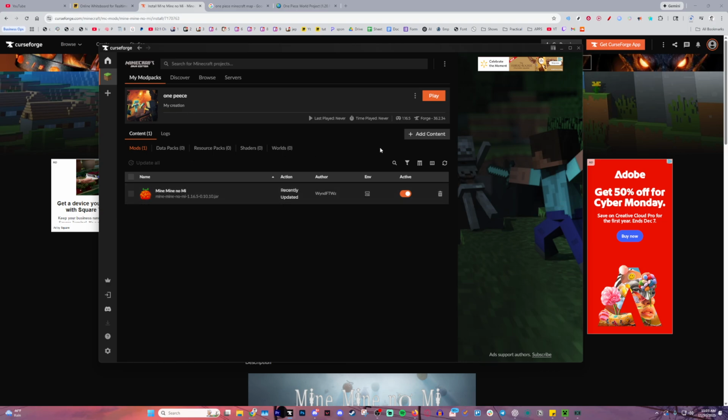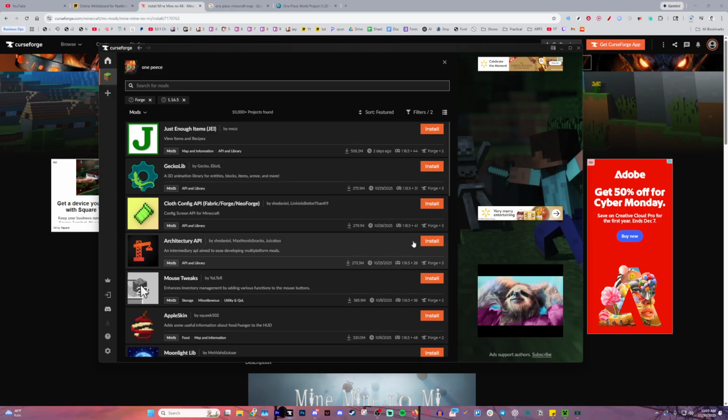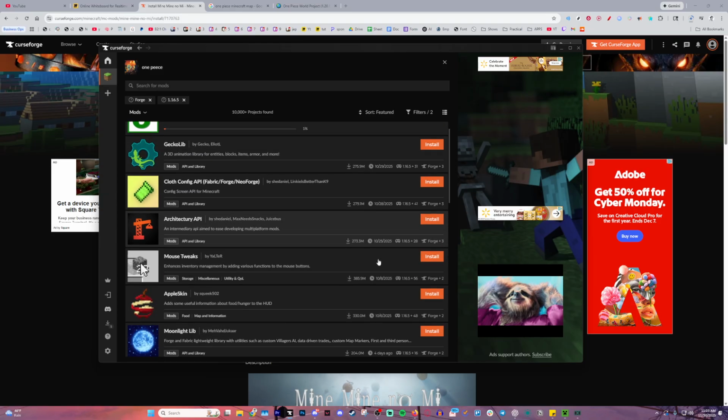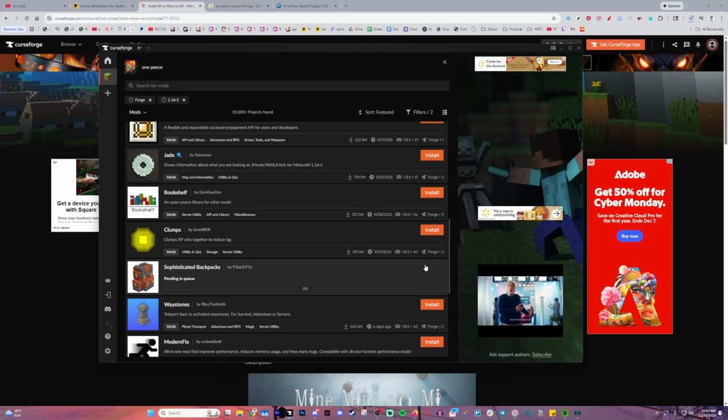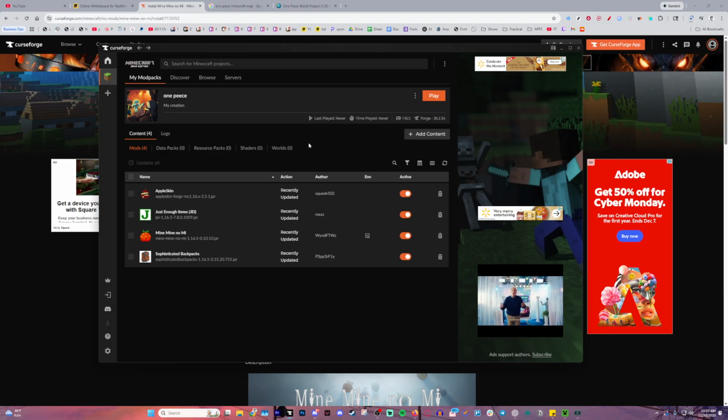And if you want to add more mods, you can just press add content, and it's super easy to add anything you want, just like Just Enough Items. Let's say you want AppleSkin and anything else you can think of, like maybe a backpack mod. So this is also how I just make all of my mod packs super simple and super straightforward. So with that being done, all you're going to need to do now is click these three dots and then